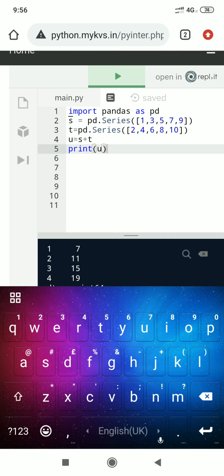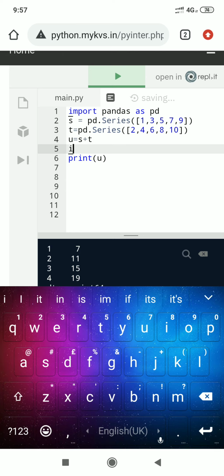In the earlier class on list or array, you were not able to apply mathematical operations directly over multiple numerical values at a time, and here we are applying the addition operation over multiple values one to one with the same index position: one element of S, another element of T, then the next index position's value of S, then the next index position's value of T. The process continues till the end of the elements, and then the result is returned to U, and then we are displaying the value of U.